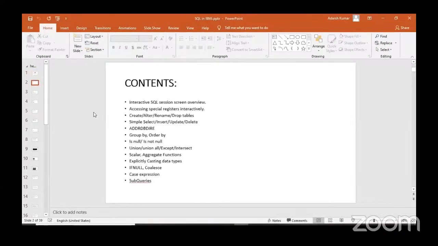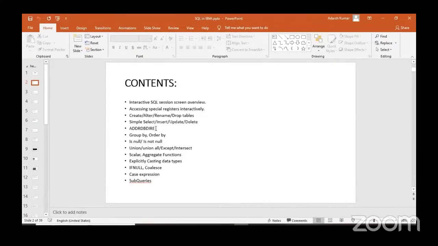So the contents that we'll be covering today are the special registers that we have in DB2 for i. After that, we'll go through the simple create, alter, rename, and drop statements. And after that, we'll walk through the insert, update, and delete. And I'll also